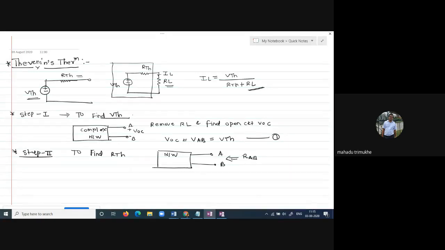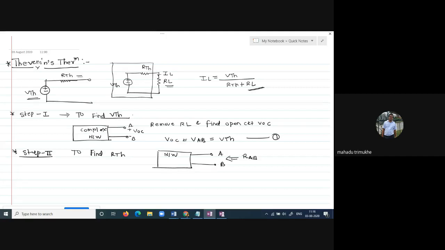Suppose dependent as well as independent sources are present in the network, that time the step is different, right? You have to keep that in mind. Suppose the electrical network consists only of independent sources, then we make all sources turned off, right? So now the resistance between the open circuit terminals A and B